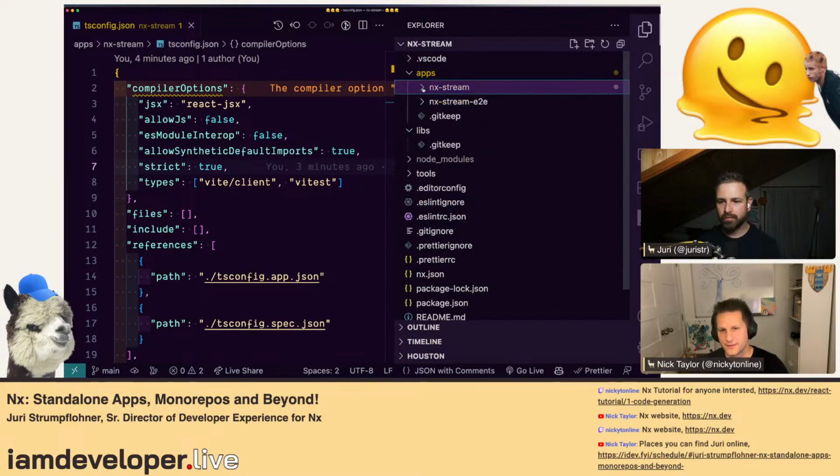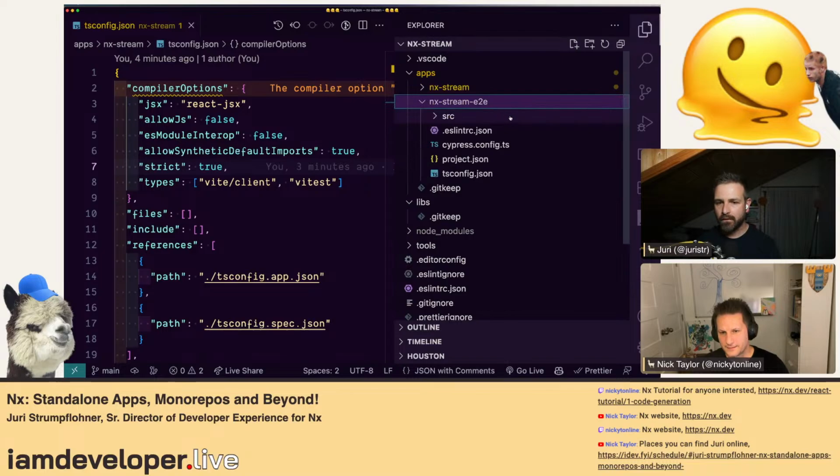Okay, so we've got our app here, and then the end-to-end test here that's using Cypress. I like that it's co-located as well. Yeah, it's interesting because some people don't like it at all in the sense that they wanted to have it in a different folder, and you could totally create a different folder and move it there. It's not a big deal. But this is basically the end-to-end test, which right now we chose Cypress as the default to automatically test that application that we created, and so it's already pre-configured to point to that and load it up and have that running. Yeah, no, that's nice too.